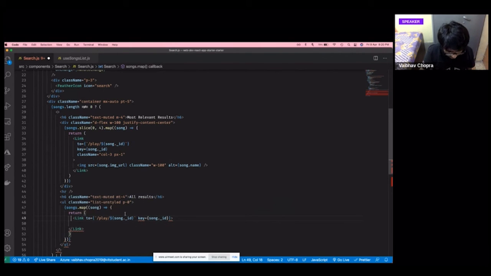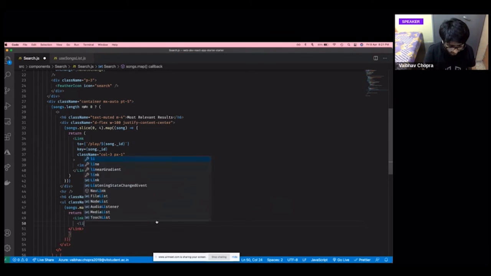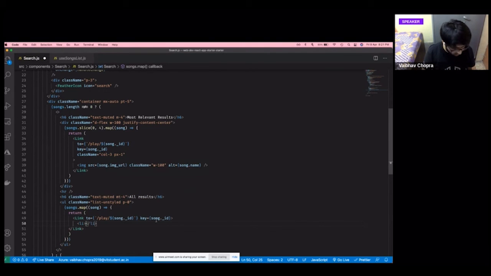One mistake I made here was that I forgot to close this, and I think that should make the error go away. So there was a slight syntax error which I made here, so please go and fix that if you are writing along with me. Now for every element, I need a list item because this is a list. Class name should be, I'll have some padding classes, some margin classes and all that like always. And this time I'll justify the content to be in between. All the spacing would be in between the two. I'll show you what I mean by that.